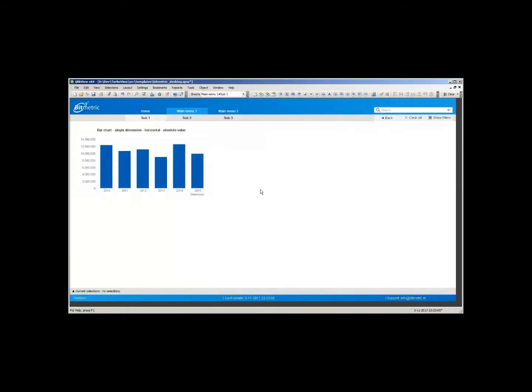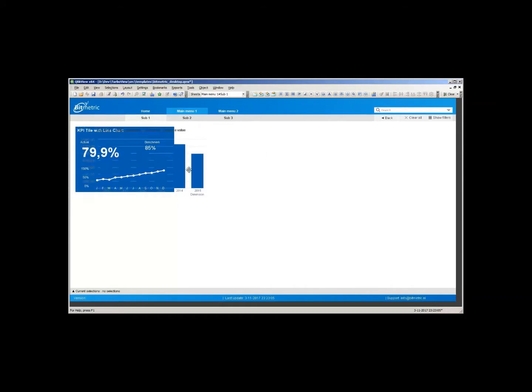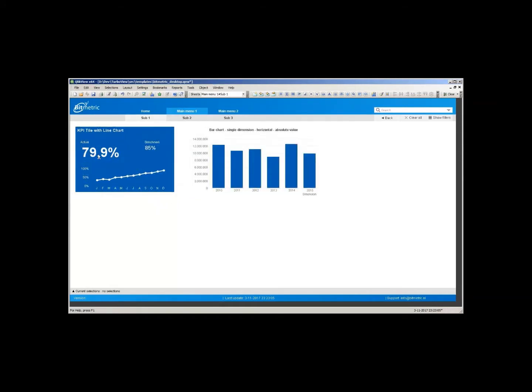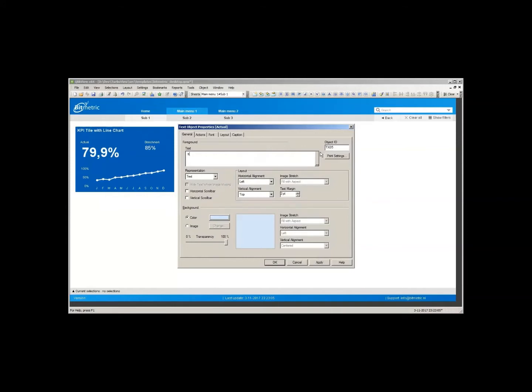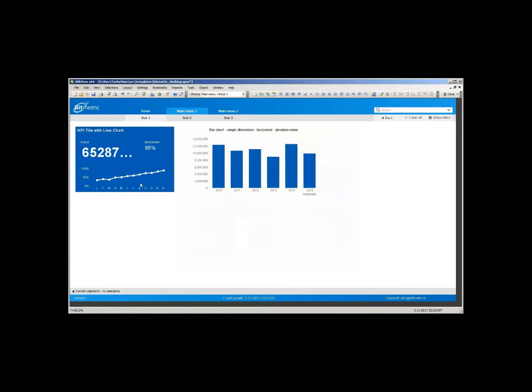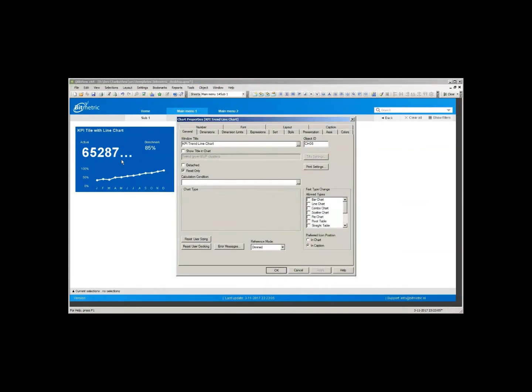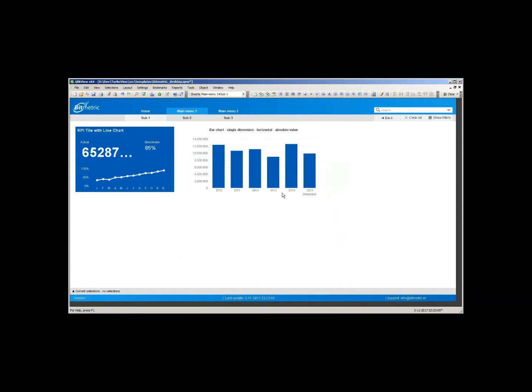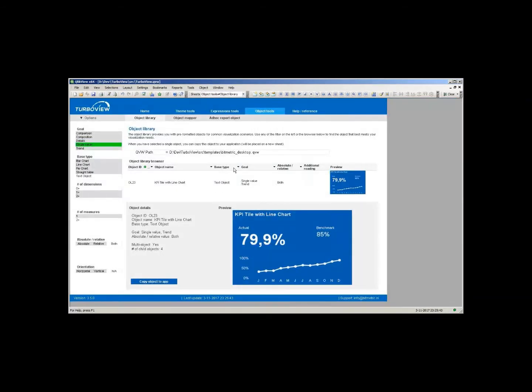Let's just move this out of the way. And now we can just update the expressions in each of the text objects, and you're done. With these objects, you still have to manually align them, or you can manually align them, whichever way you want. We also have another option,